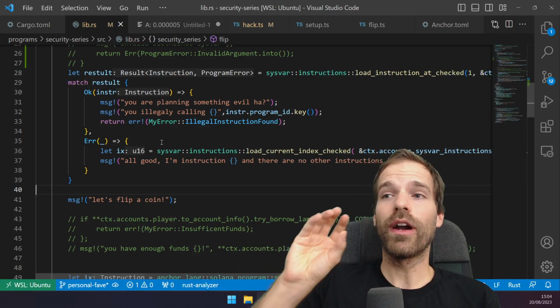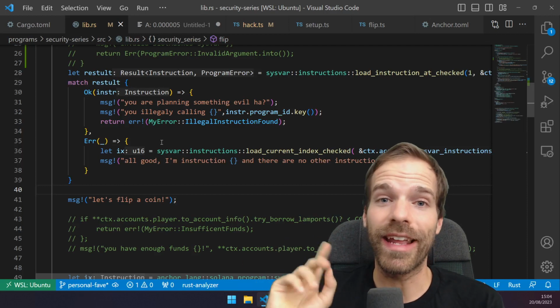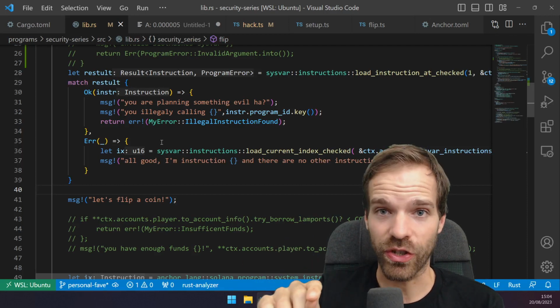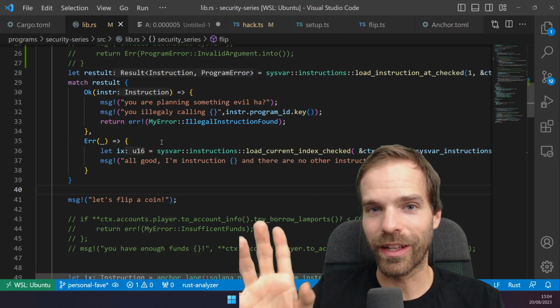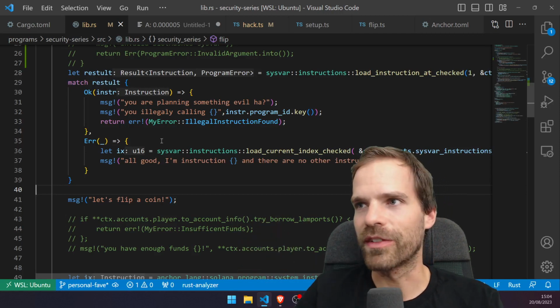Even if we make sure that this is the only instruction in this transaction, there's still so many other things that you can do, which we will not get into. In fact, let's conclude this video. Even if we can now make sure that we are the only instruction in the transaction, there are still other attacks that can be played on us with the same idea, just not on the instruction level, but on the